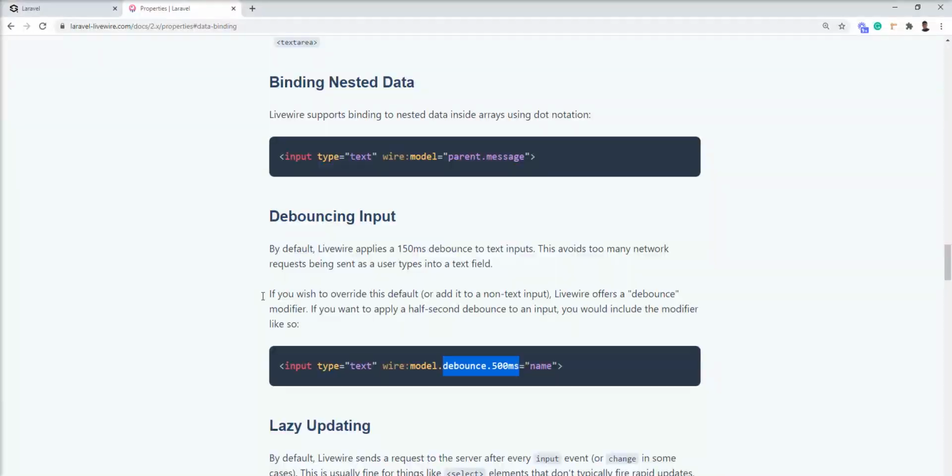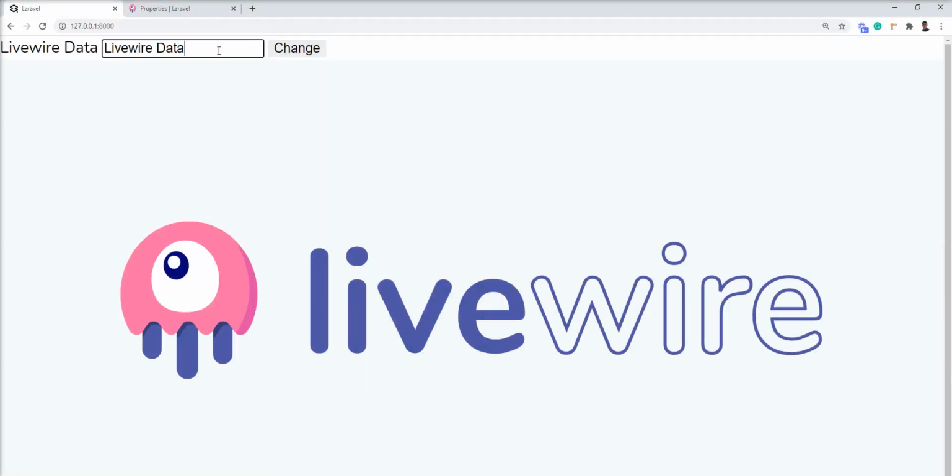Now when I type into the input, Livewire waits 500 milliseconds and then makes one AJAX request to re-render the component with the new title. So let me update, and you can see here it's not instantly updated, it's updated after some time. So this is debouncing, you can use it.